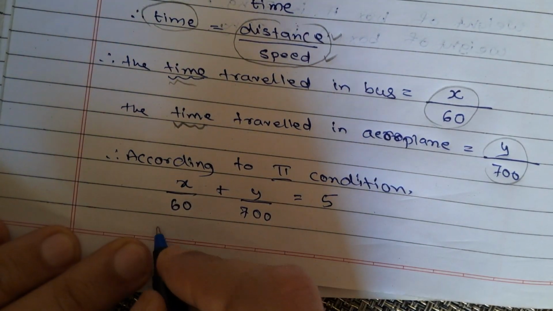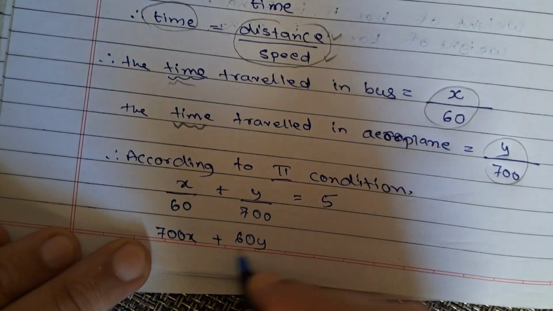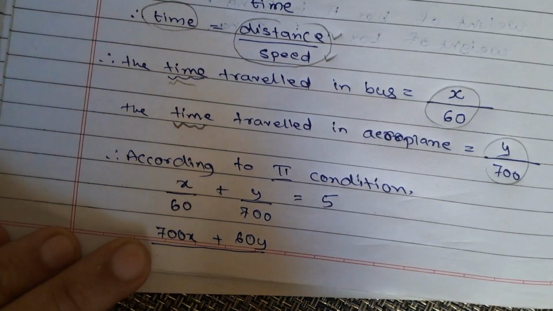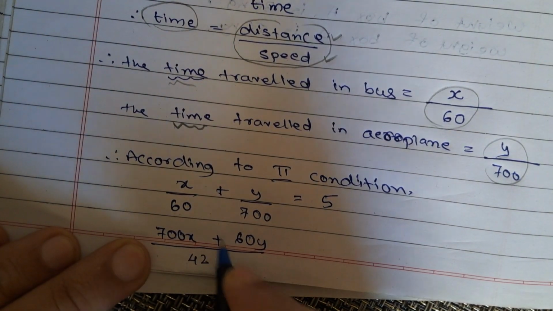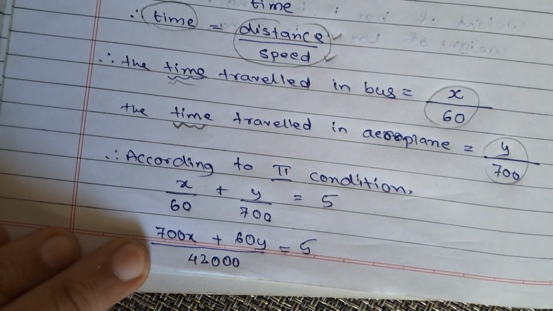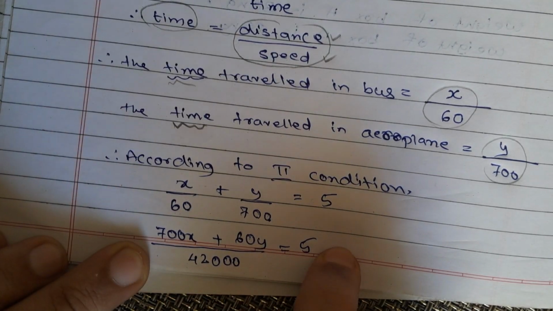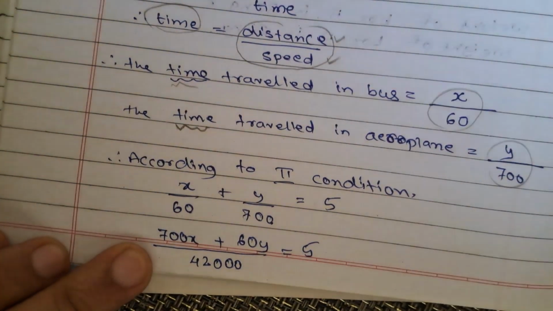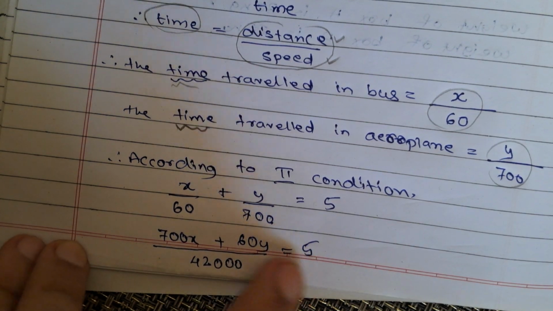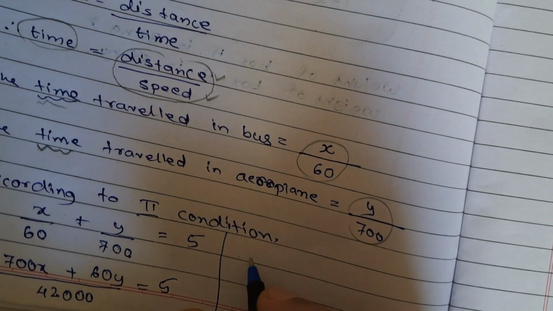700 over here, so it will become something like 700x. 60 over here, it will become 60y, and in the denominator basically they will get multiplied to each other, right? 6 sevens are 42, and 42 along with 42 we will put 3 zeros is equals to 5. And in order to wrap up, I will have to send this 42,000 over here and multiply it. So let me just write it like 700x plus 60y is equals to 5 times. I can write it over here also, just for visibility purpose. So I will say what